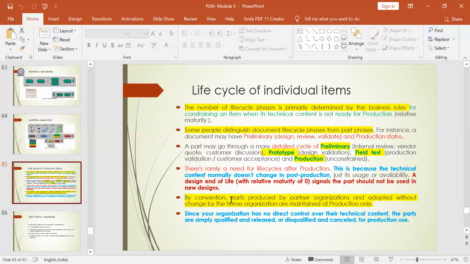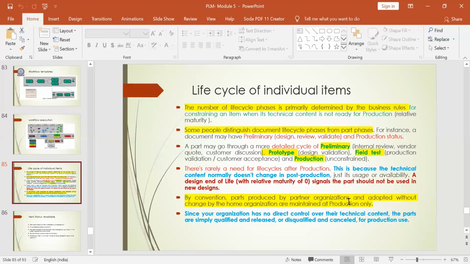Also, some parts could be produced by a partner organization and adopted by the home organization. Then they will maintain the same cycle of production without any modification, because the parts manufactured by the partner organization will have a different life cycle, so they cannot fine-tune the life cycles of the part when it is being manufactured by another company.